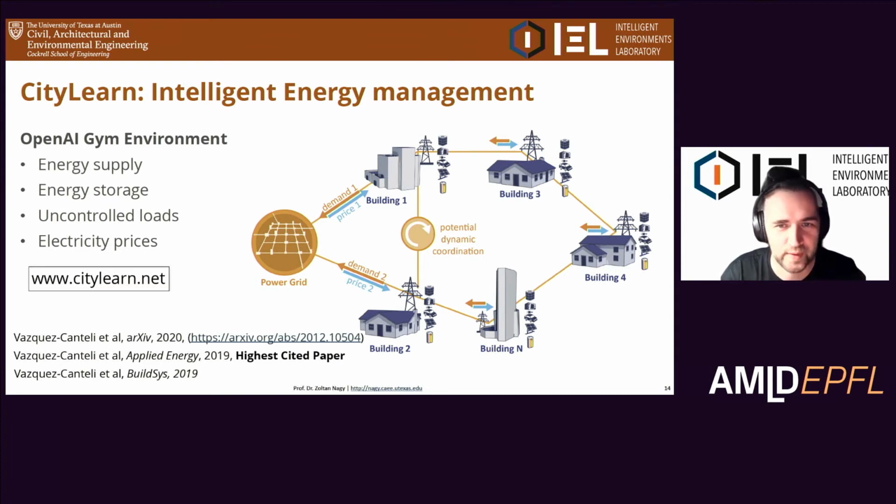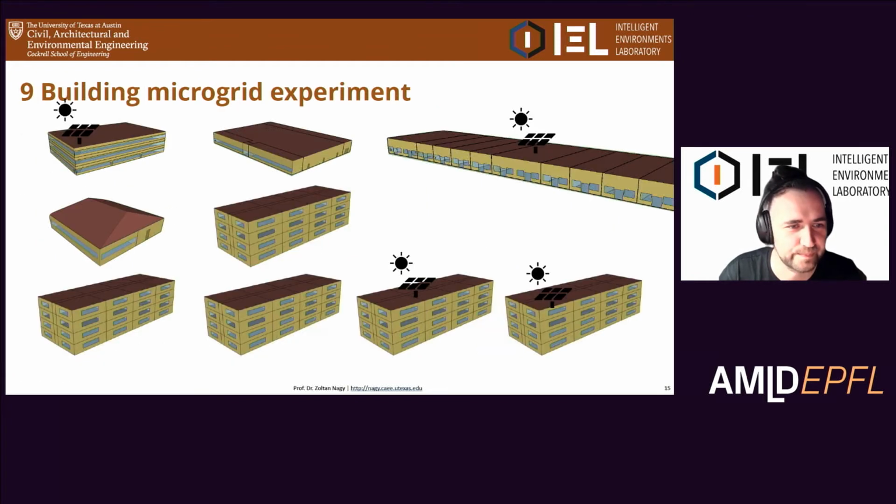So we want to make sure that this is diffused and people are using it and then comparing their own results. So what can we do with it? Here's an experiment, an example. Nine buildings, microgrid. There are 5 at the bottom. Those are multifamily homes. And then the other 4 are commercial buildings. And you see the PVs are a little bit scattered, 2 on the residential ones and 2 on the commercial buildings. And so the goal is now to see what we can do.